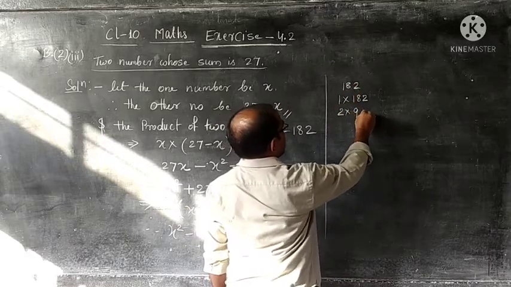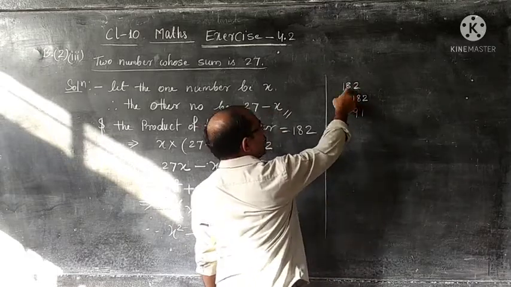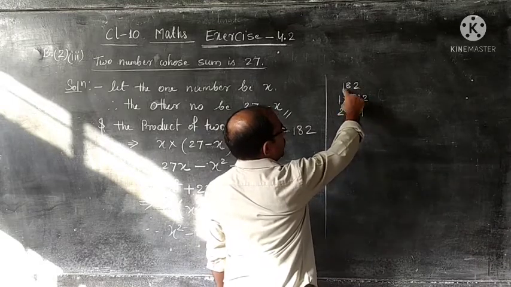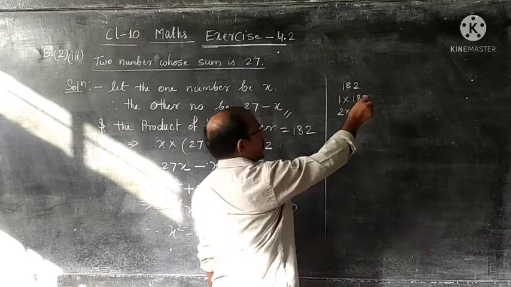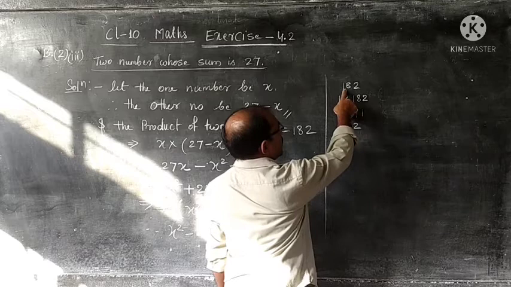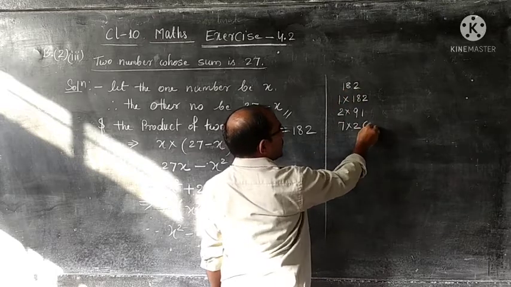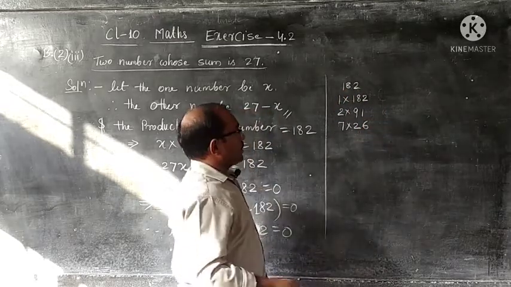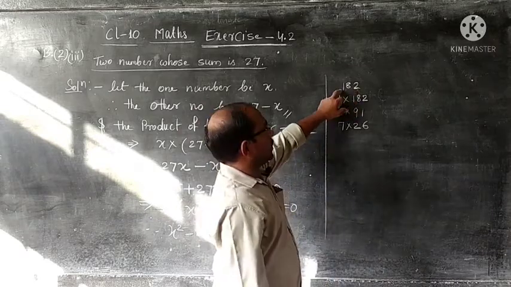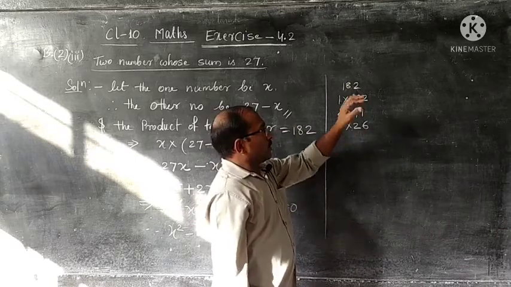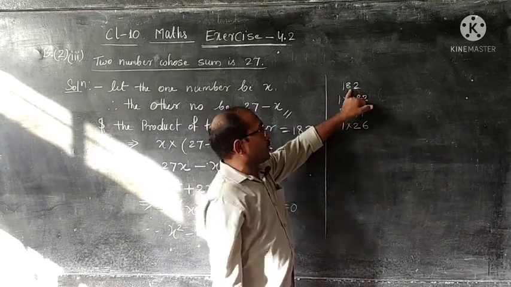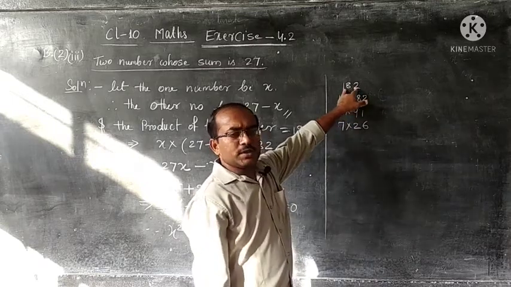By 2, 2 nines are 18, 2 ones are 2. By 3 not possible. By 4, 4 fours are 16, 2 will come. Not possible. By 5 surely no. By 6 also no. By 7, 7 twos are 14, 4 came here, 7 sixes are 42. By 8 not possible. By 9, 9 twos are 18 and 2 cannot be. 10 also no. 11 ones are 11, 7 will remain, cannot. By 12, 12 ones are 12, 6 will be, cannot.